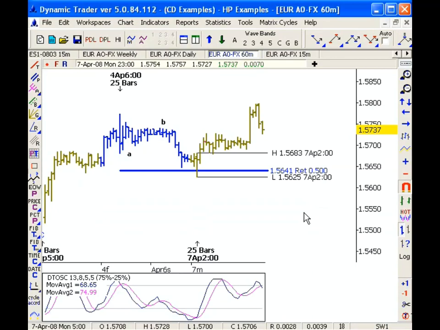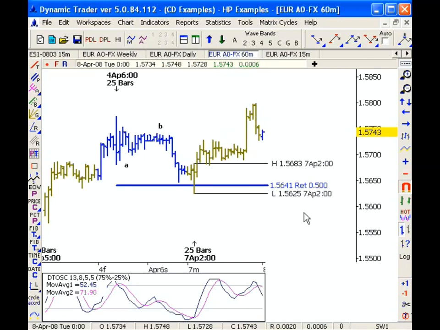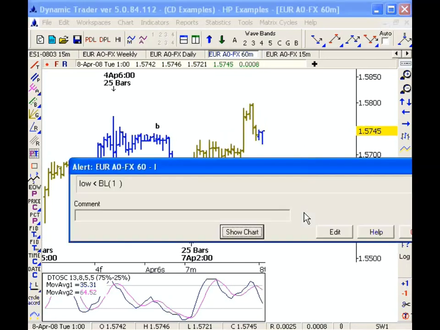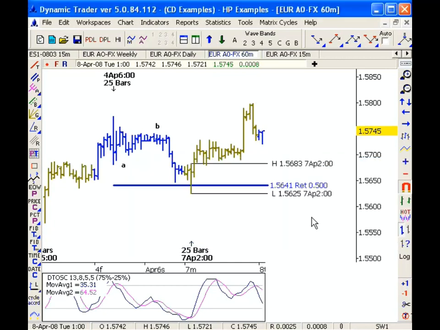And of course, the trading strategies we're dealing with here, we could use on weekly and daily data, or even shorter term data if we wanted to. It doesn't matter the time frame as long as we're using at least 2 time frames. So let's add some more data. So as of that bar, last bar in the chart, we would have been stopped out because we took out the 1-bar low. Stopped out at